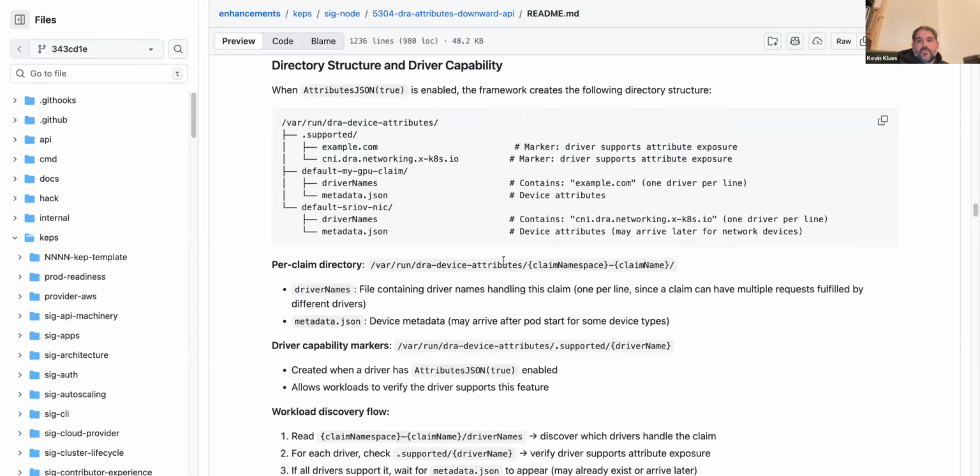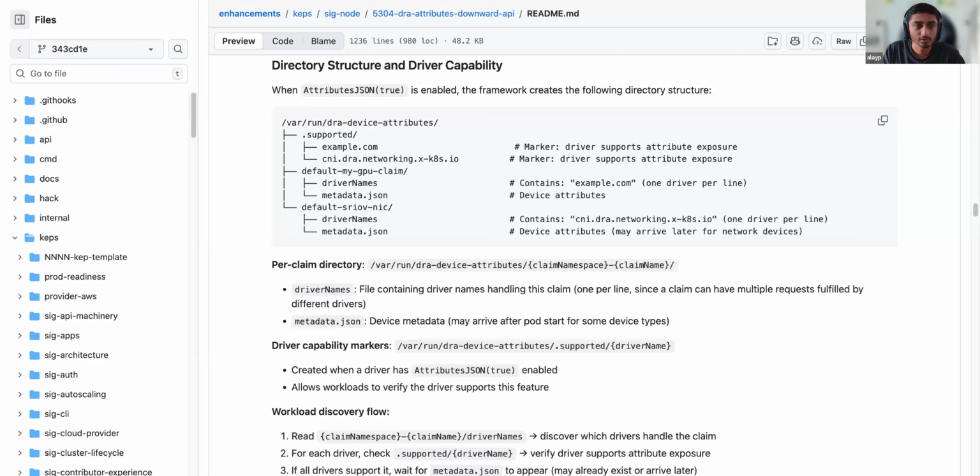No, he's saying there would be a folder on the host, var run DRA device attributes. I don't know where it needs to be on the host, but he would have a .supported subfolder in it, and then each DRA driver would put their driver name as a subfolder in these places, and that's going to be on the host. And then the only thing that each driver would then map in is the top level directory mapping to var run DRA device attribute. Well, you can't do that. And every pod has access to every claim, right? So you have to only mount the claims that are